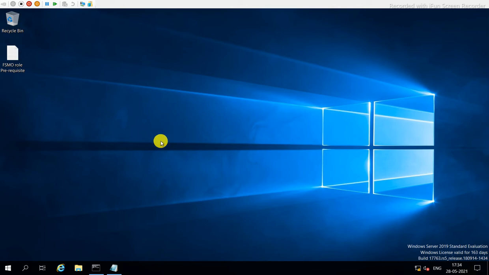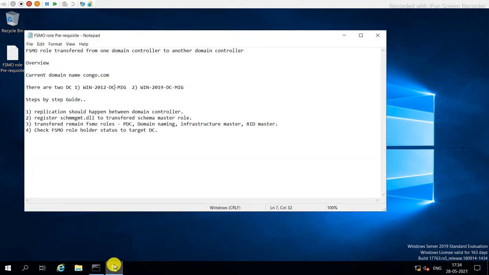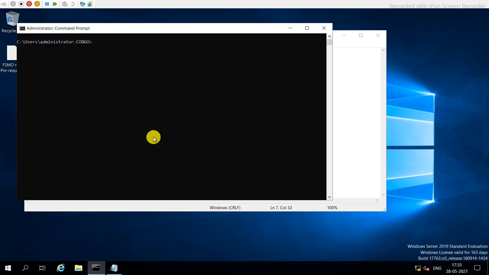So let's start with the FSMO role transfer. First of all, we will go through the overview and prerequisites for the FSMO role. So first, what is the overview? The current domain is congo.com, and you can see it here also.